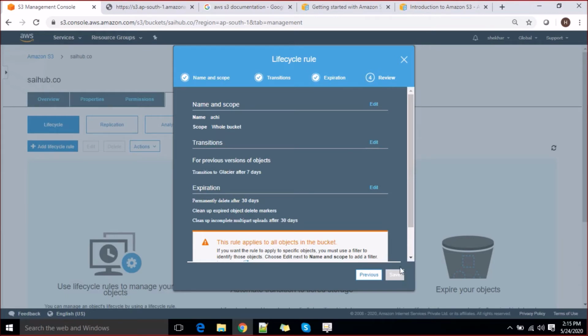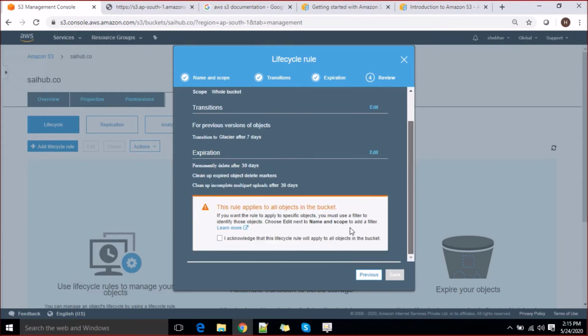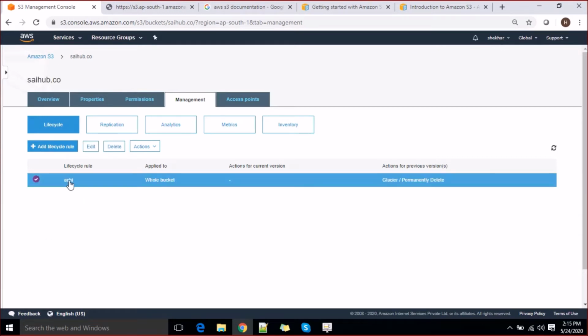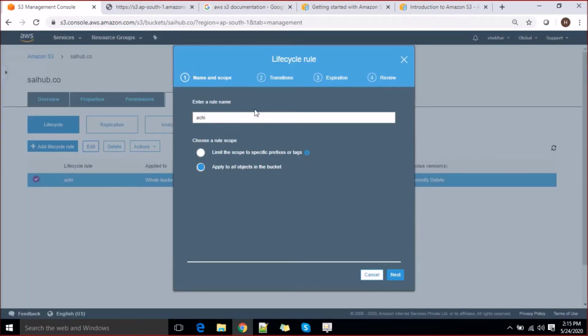So what will happen is the rule you have defined here: after your data has changed, it will move after 7 days to some cheaper storage, and after 30 days it would be permanently deleted. Or you can select as per the organization standard or requirements. Go ahead and save it. Now you can see the rule has been created successfully. Further, if you need any modification to the rule, you can go ahead and edit the rule and change it accordingly as you want.